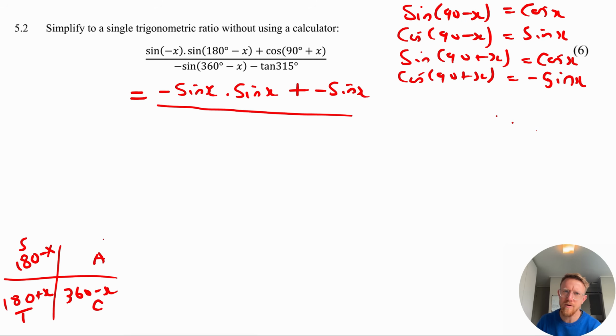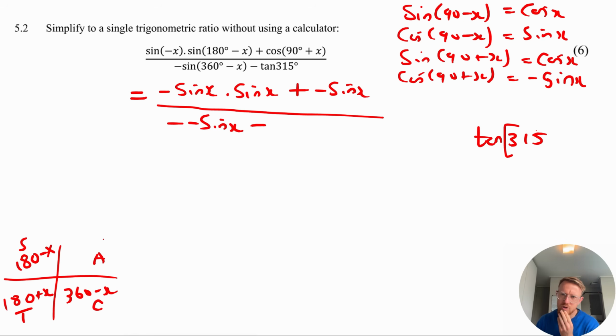Then at the bottom, this negative just chills by itself. And then you've got a sin(360 minus x). So we know that that is where sin is negative. So it becomes negative sin x. And then minus tan of 315. So tan of 315,